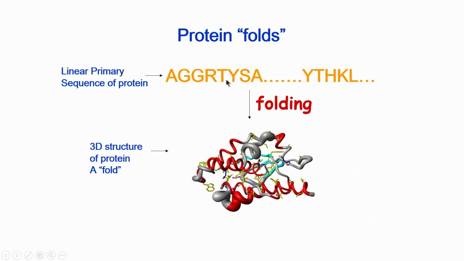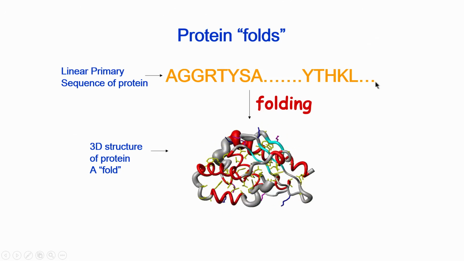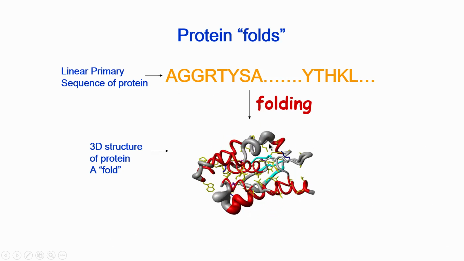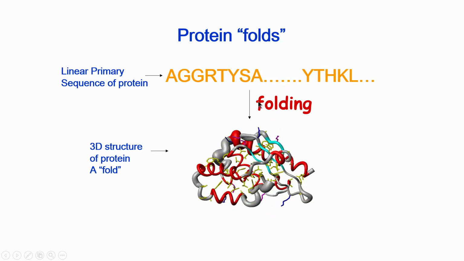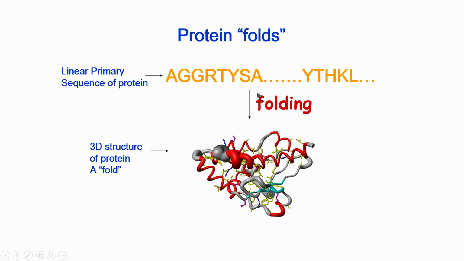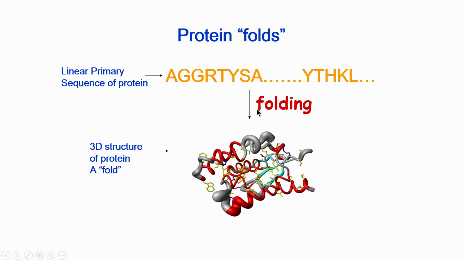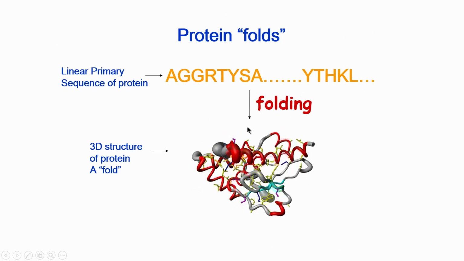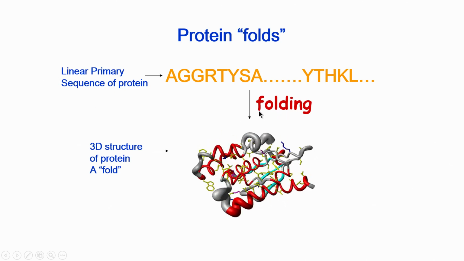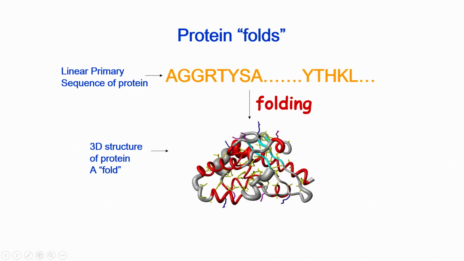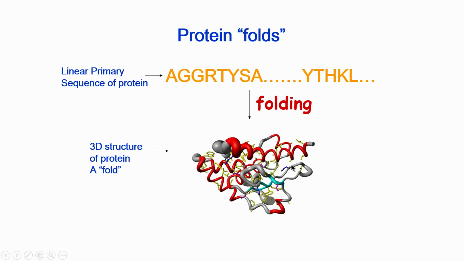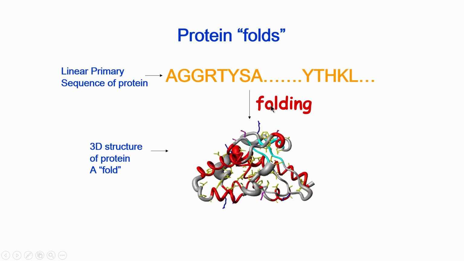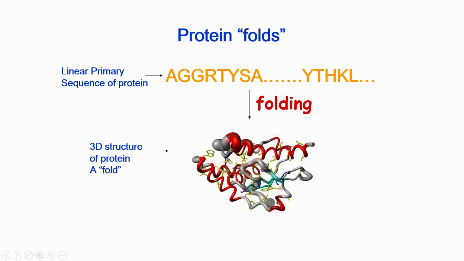Now, this linear sequence of amino acids, if it is allowed to fold, starts folding into a 3-dimensional structure, but it first undergoes folding into secondary structure, which is not shown here. The secondary structure is basically alpha helix, which is shown here, and beta sheet. They start forming first, and then these alpha helix and beta sheet come together, and they form the final 3-dimensional structure. So, this is the concept of protein folding, okay, and this happens very fast.